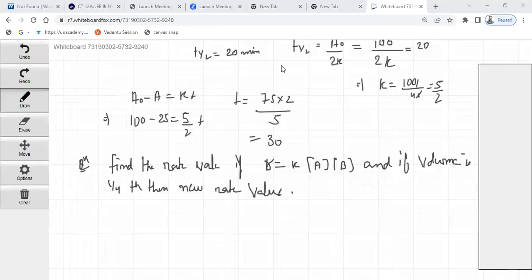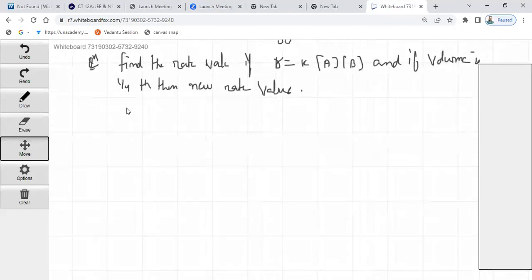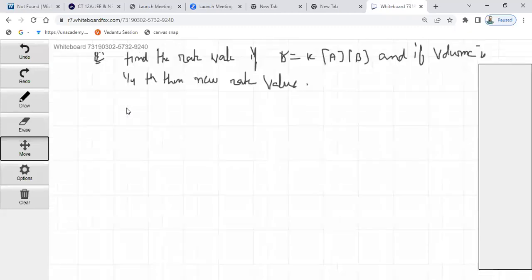Okay. If you understood this concept, I am giving 2 or 3 challenging questions of the JEE. Challenging questions are not so hard, but they are for practice. We will solve questions on the topics we have covered. Suppose in the next question I am giving you that,